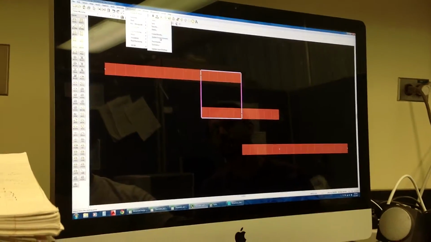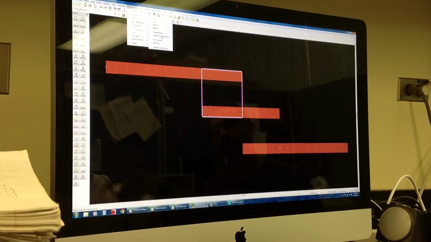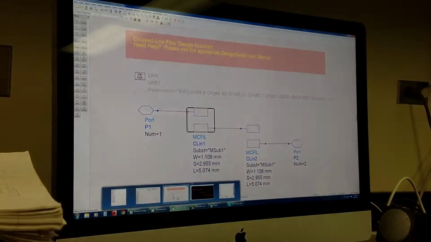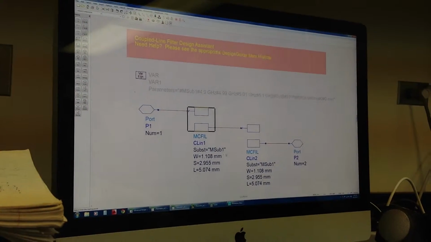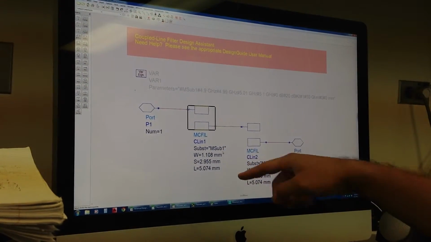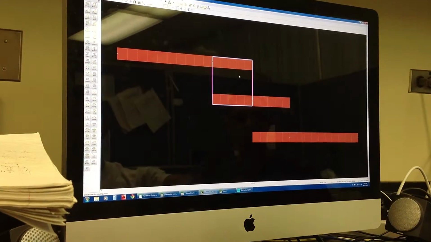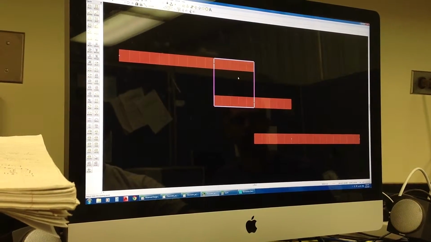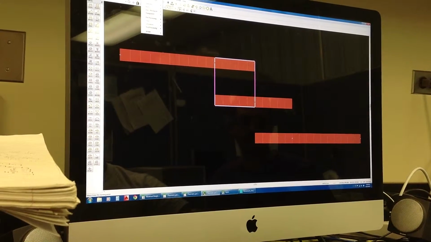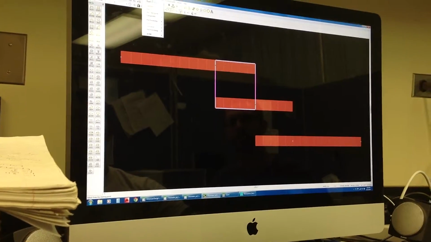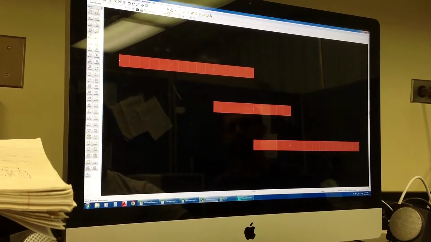Usually update it from schematic, because you have your substrate stuff on the... So you have to upload that to your... Yeah, so that's how I got